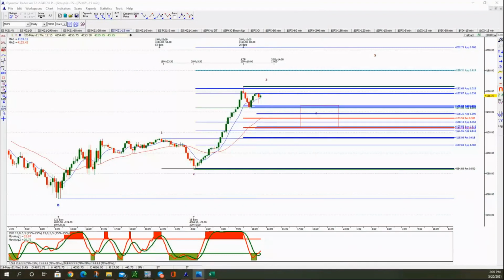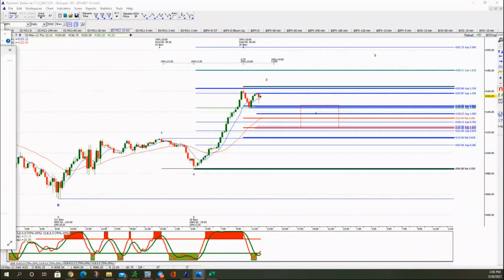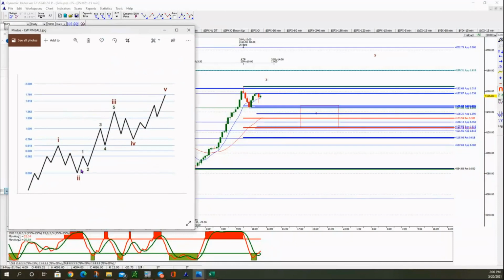Let me get another chart here that shows the fractal waves in it. This is a chart I showed you guys this morning, and you can see the fractals in these waves right here. 1, 2, 3, 4, 5, ABC, 2, 3, 4, 5, a correction, and 1, 2, 3, 4, 5. Those are the fractals within the larger impulse waves going up, and your corrections in there. Impulse waves are always annotated in numbers, and corrections always use letters.